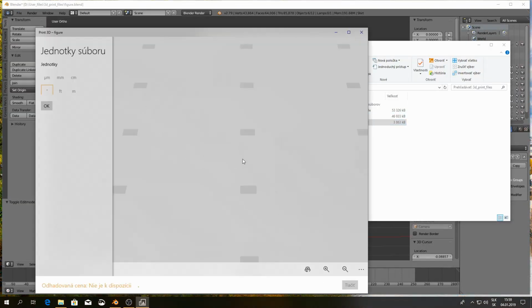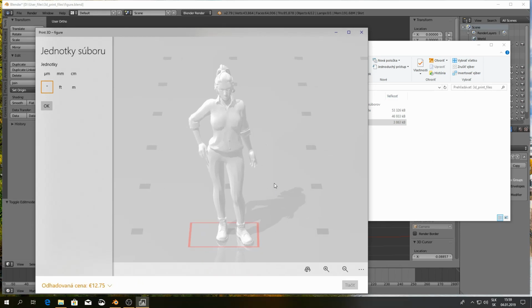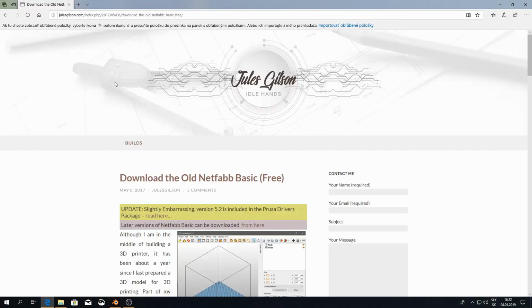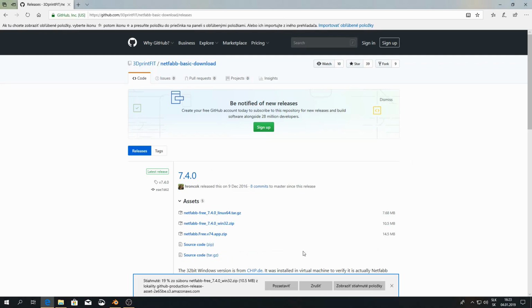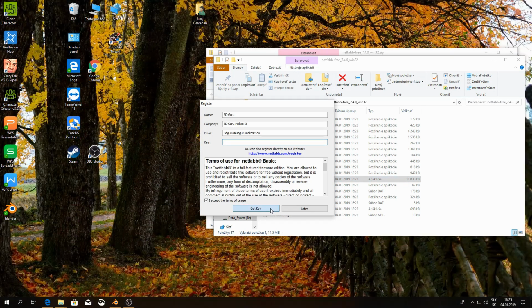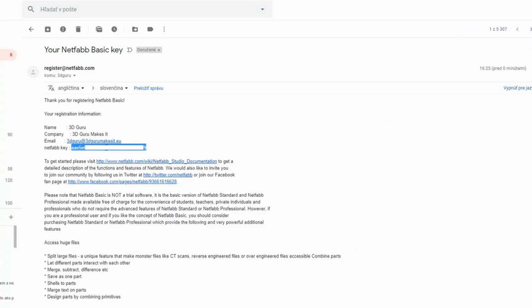Use Netfabb to open and especially check STL files. See the link in the video description. Software registration is still free.